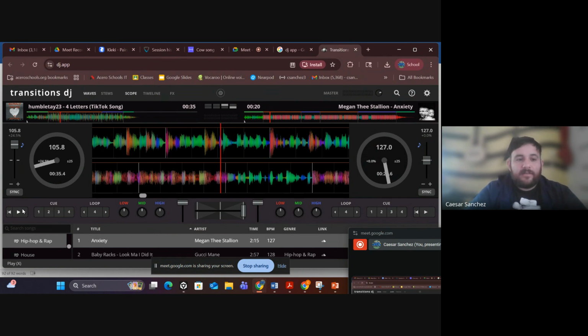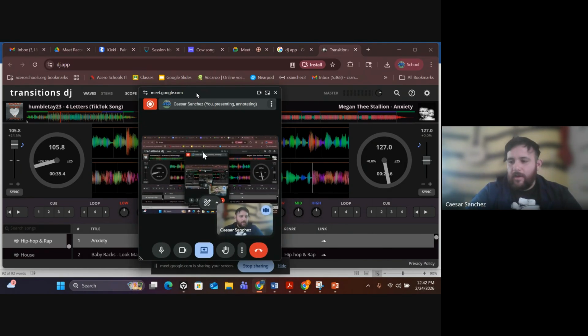Then you're going to go ahead and start messing around with it. The objective is to be able to switch between 2 songs using this toggle in the middle and line up the songs using these 2 and the appropriate tempo to make it sound nice to you. So I'm going to give you all about